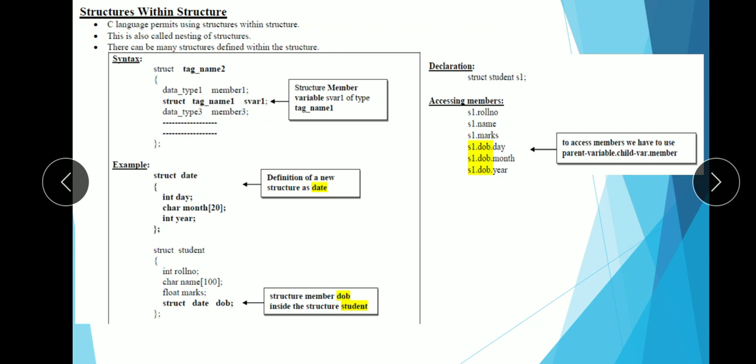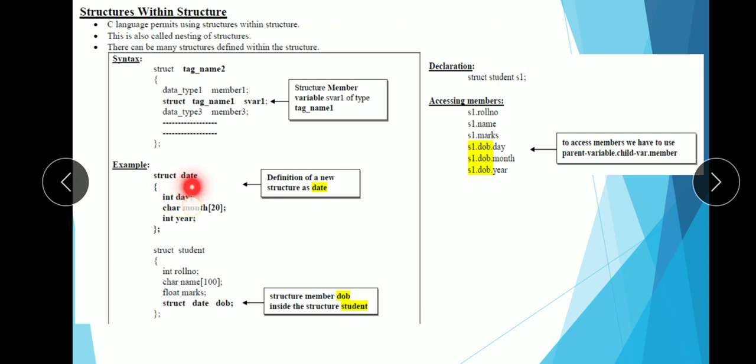Let us see the example. I have defined one more structure called date. We all know that date contains day, month and year. Correct?